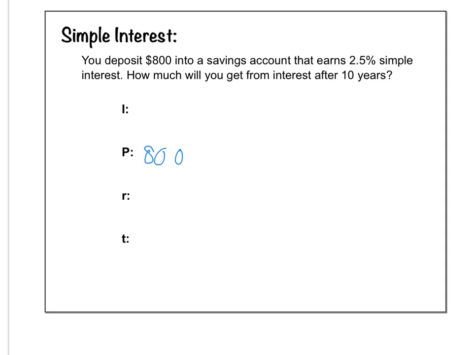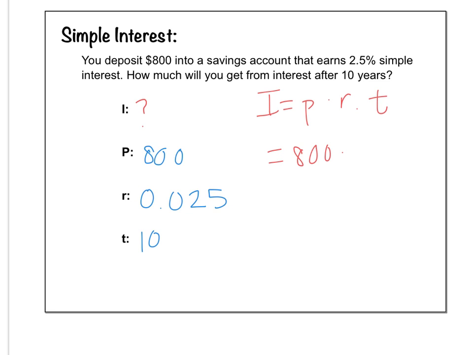So that's our rate, but we need the decimal form of that. So we're going to move the decimal place over 2 times to the left, and that would give us the decimal of 0.025. And then time is 10 years. Once we have all those, we're ready to actually plug it into our formula to calculate what the interest is going to be. So our formula, I equals P R T, we have 800 times 0.025 times 10. Plug that into your calculator and see how much you get. And this time it actually comes out to an even